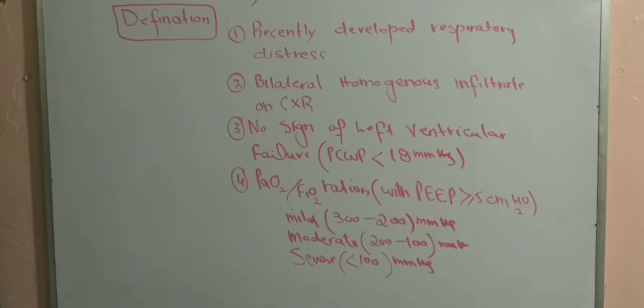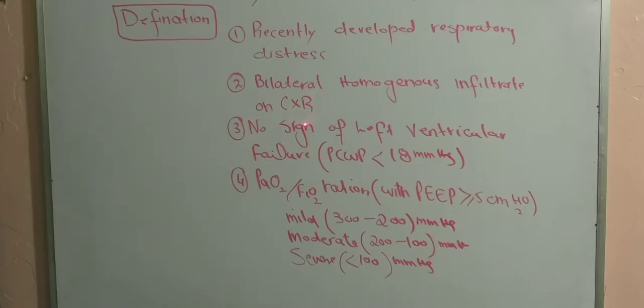So when we define acute respiratory distress syndrome, there are certain characteristics or parameters which we need to meet. These are that the patient should have recently developed a problem with breathing, like they should have had a respiratory distress during the last week or some days. When you get the X-ray in these patients, in the majority of cases there are bilateral, homogeneous infiltrates, but these can be patchy, diffuse, homogeneous, any sort of infiltrates on both sides on the chest X-ray.